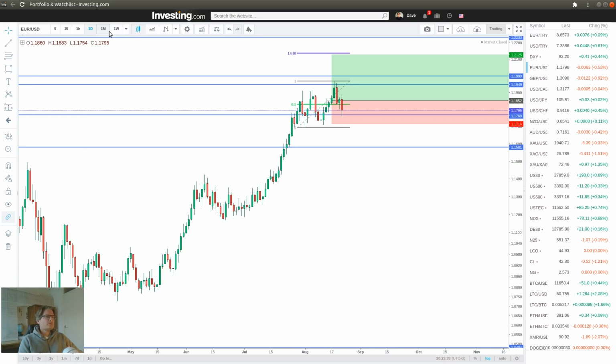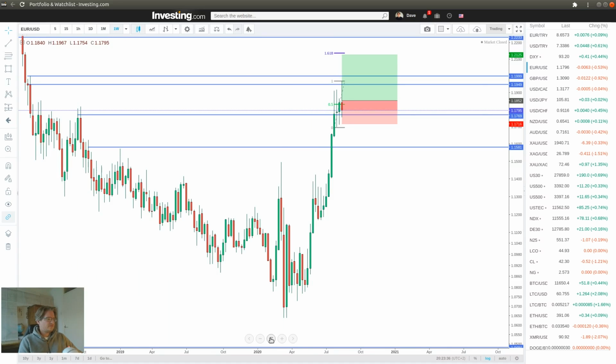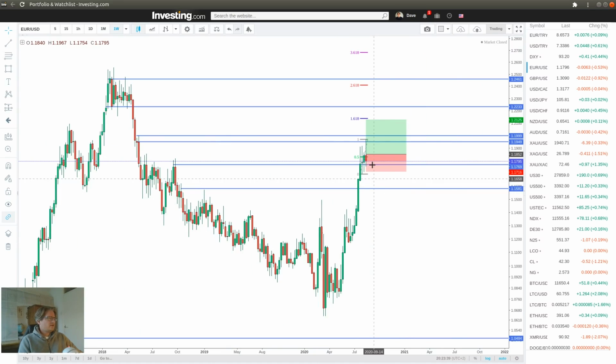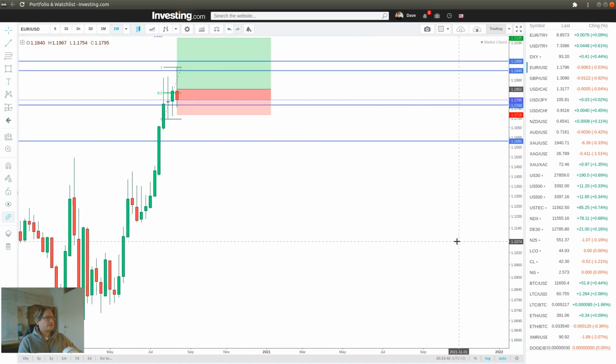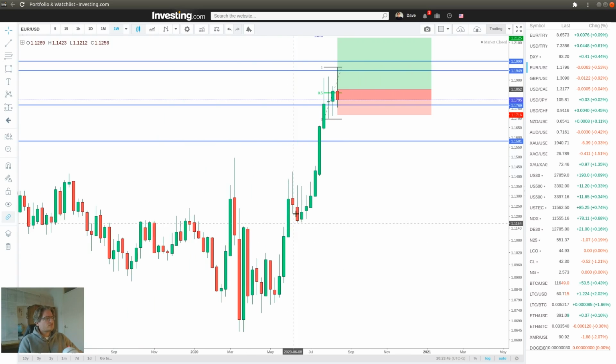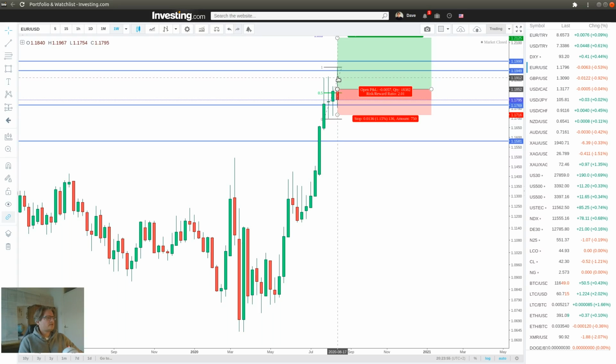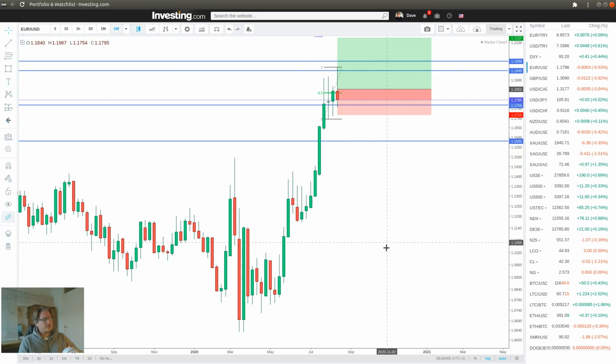But then again, looking at the weekly, it's very clear now to me that this was a fake out, because if we zoom in a little bit, we can see that we had this strong uptrend on the weekly, and then we had this indecision candle and then an inside bar from this indecision candle, and now we broke higher and closed back lower, and this is a typical fake out pattern where the big banks are faking out other traders, or at least it's not really that they're faking out people, but they're looking for liquidity.